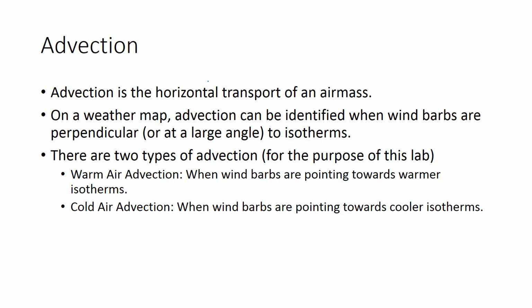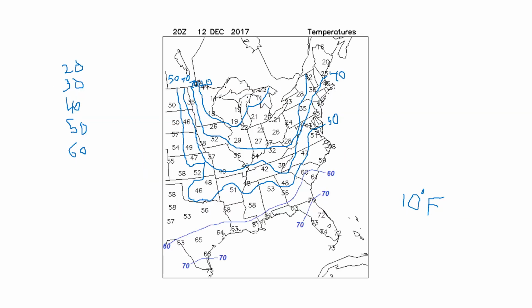And advection is the horizontal transport of an air mass. So when advection is occurring, that means that an air mass is moving north, south, east, west. It's not moving up in altitude or down in altitude. Now, if you go back to these isotherms, the way that you can actually identify areas of advection, which you